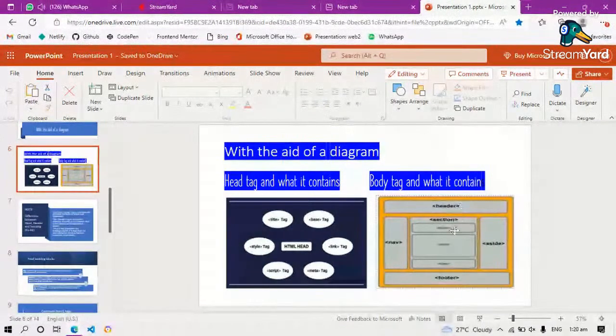We have the section. We also have the div, but the div is not here. We have the section, the nav, the sidebar, and also the footer. This will make more sense when Sloco talks about the semantics of HTML styling. Okay, next page.